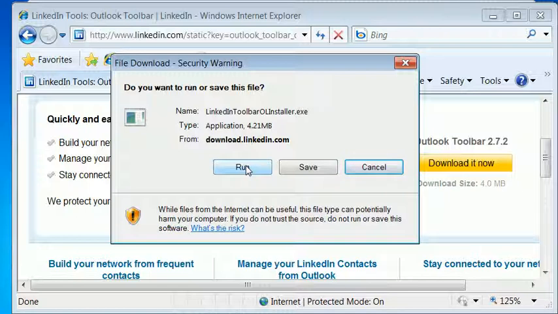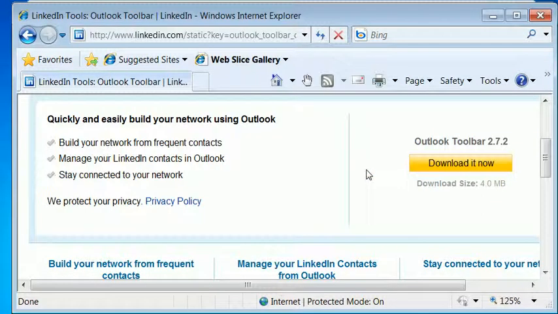Now in the process of installing it in Outlook, you're going to have your Outlook closed at the time of the installation. Okay, so I already have it installed, so I'm going to show you what happens once you have it installed for the sake of time here. Okay, so again, you go to www.linkedin.com. Now we're going to go back to Outlook,